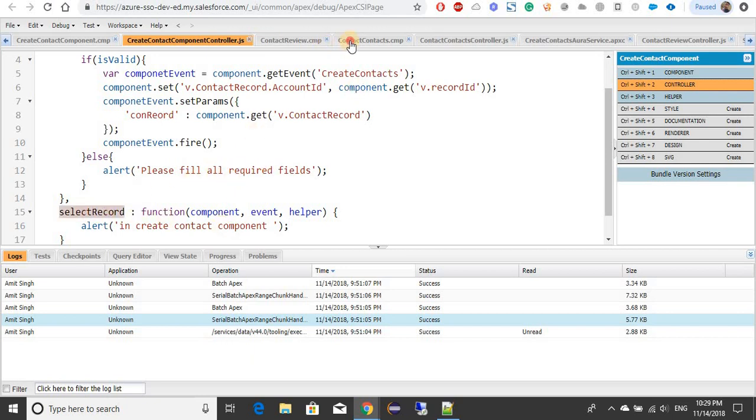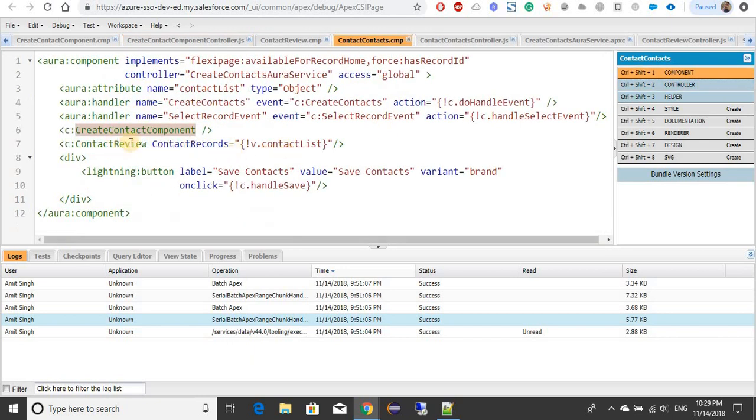Now let's go to the contacts here. To call the child component's method using the aura method, we need the aura ID. So here we will see the create contact, and then in this method, doHandleEvent, the select event,